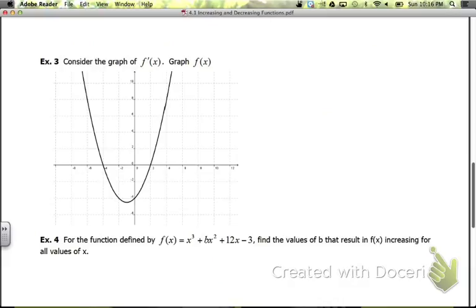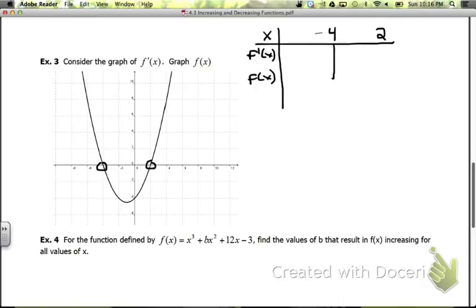So now in our next example, we want to consider the graph of f prime of x, and then we want to graph our f of x. So if we look here, we have our values of negative 4 and 2. So we can use those values when discussing our f prime of x and our f of x, because those are our zeros on our f prime of x. So looking at those values at negative 4 and positive 2, we can create a little graph here, and we're going to look at f prime of x